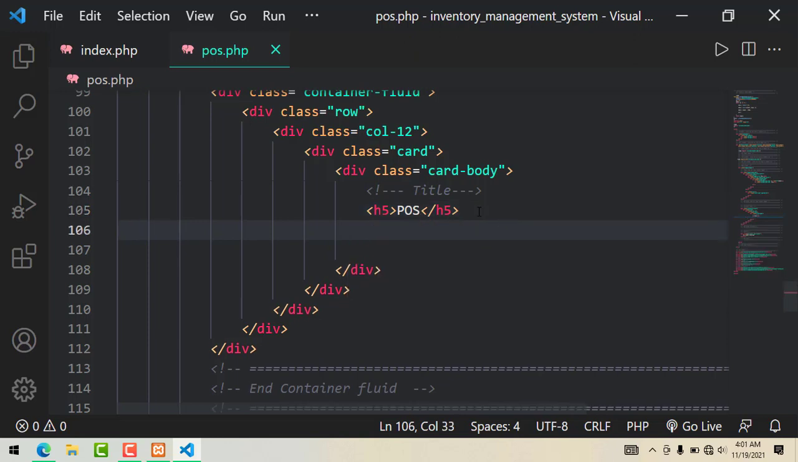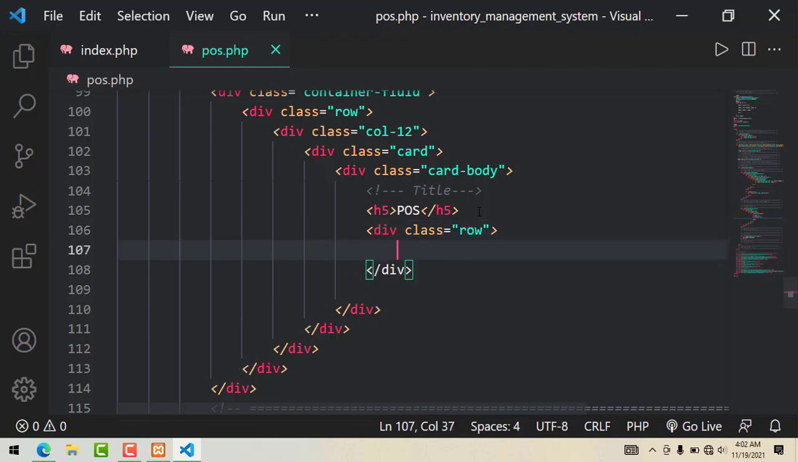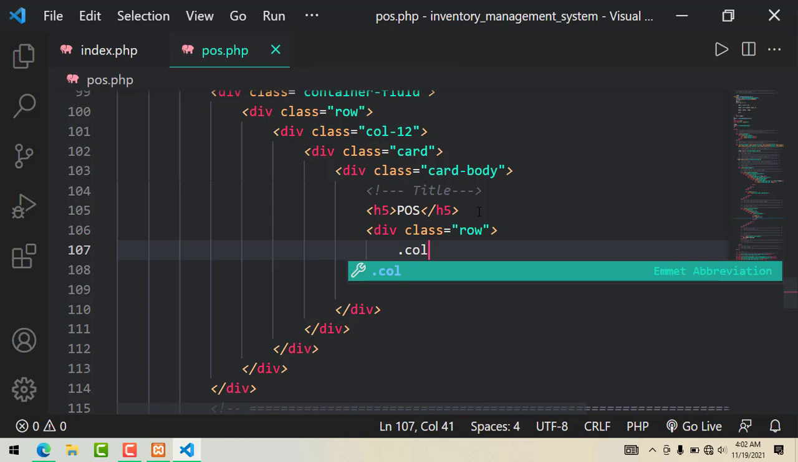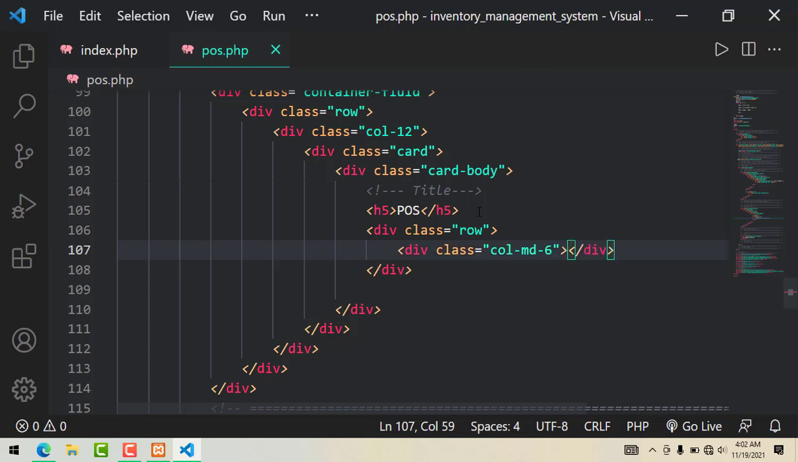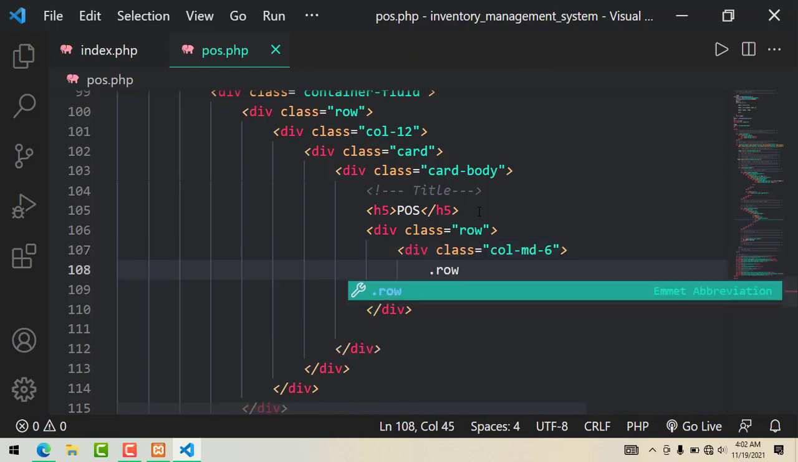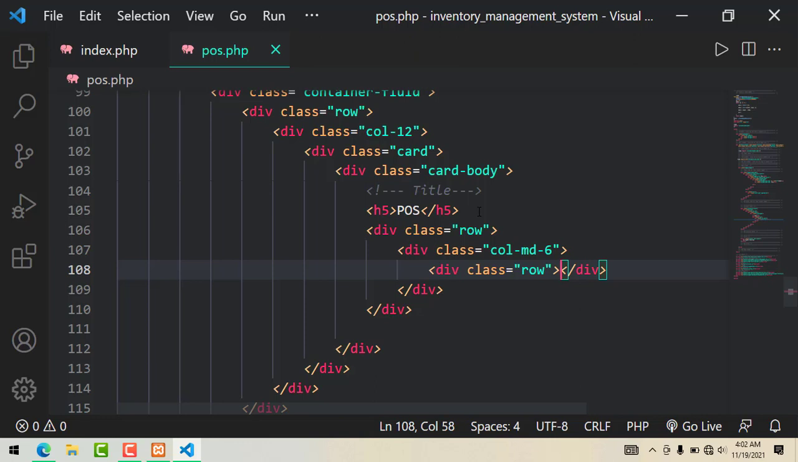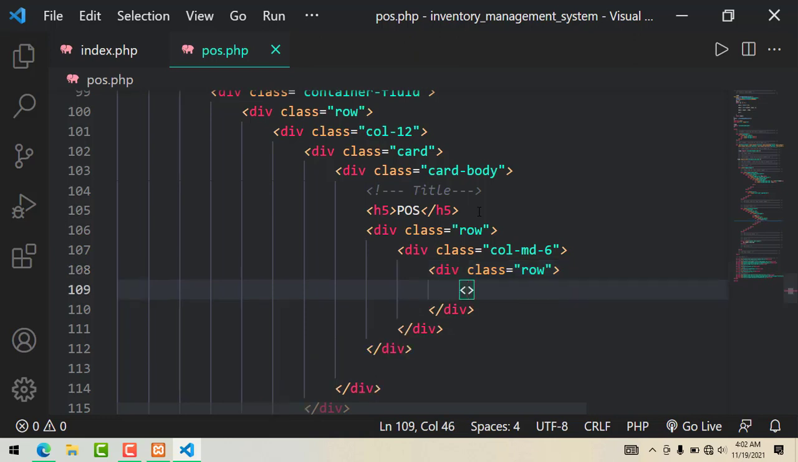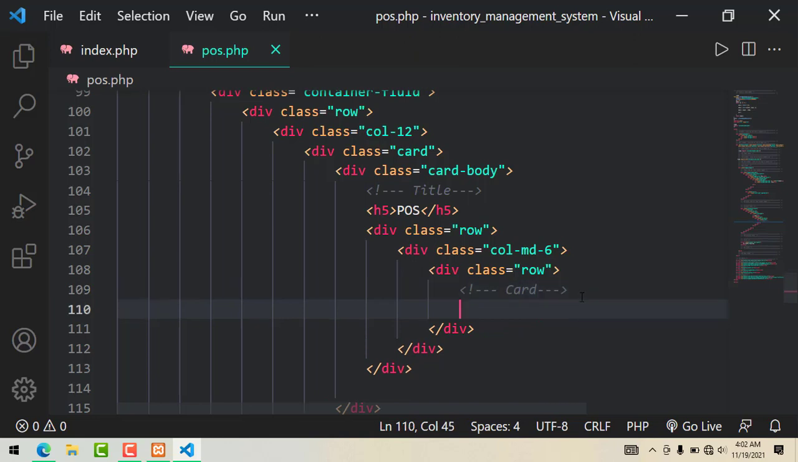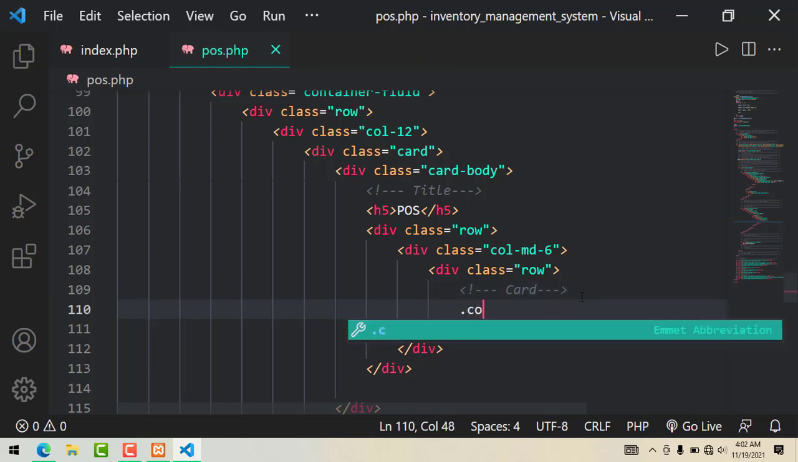And now below that I'm just going to have another row, within which we are going to have at least 6 columns. So for that I say col-md-6, and now within this we are also going to have yet another row, and within that row we are going to have at least 4 Bootstrap columns. So for that I'm just going to create a div with a class of col-md-4,